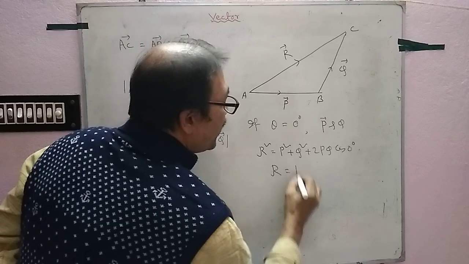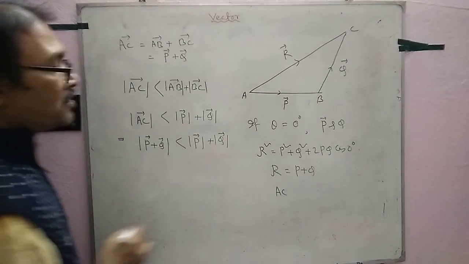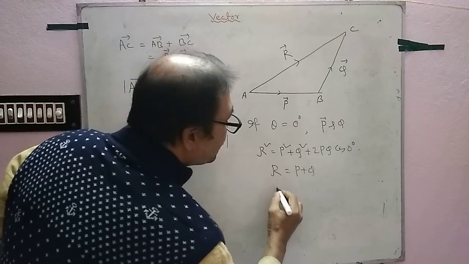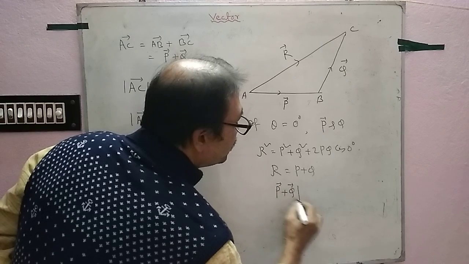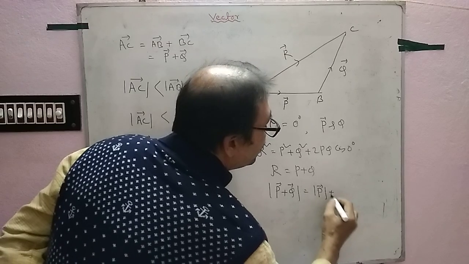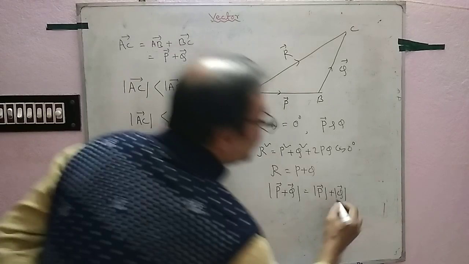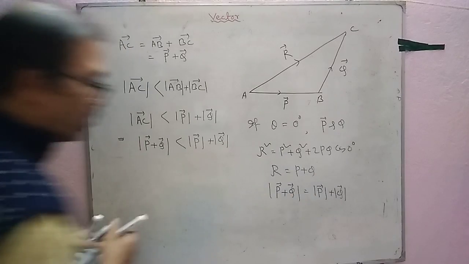That is R equals P plus Q. That is R means P plus Q. Follow. So from this equation and this equation we get